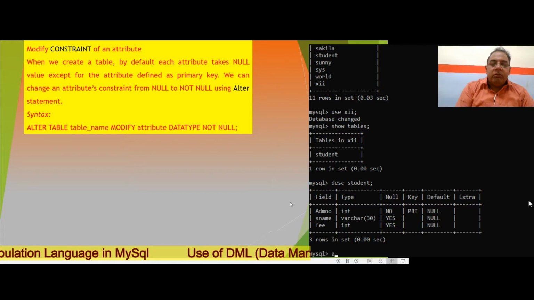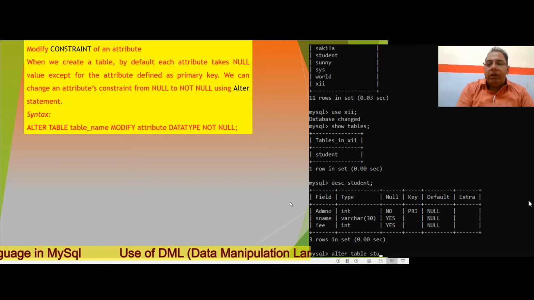For the same, we will write alter table, then the name of the table, then the keyword modify, then the name of the attribute which I want to change from null to not null, here sname.